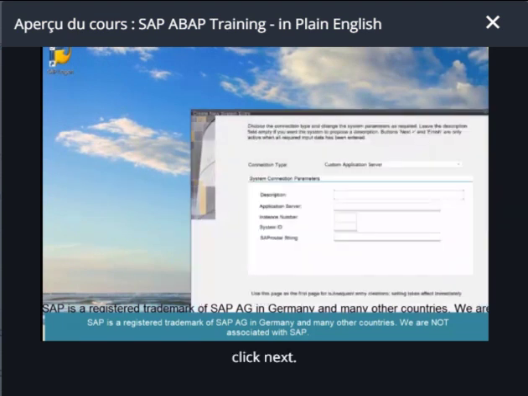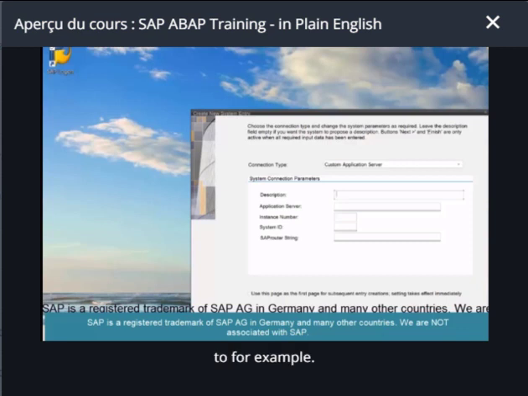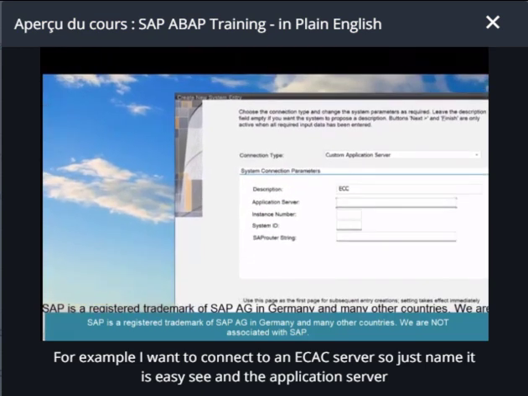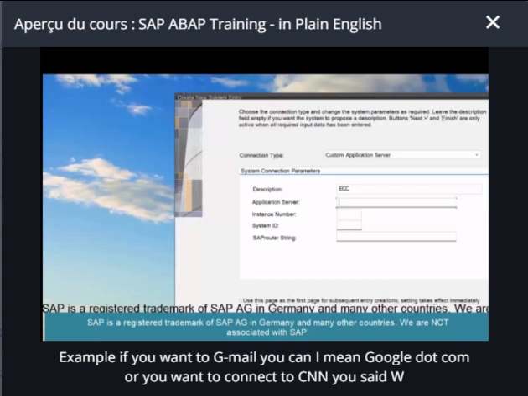Click Next. This is the screen where you specify the address of the service or the server that you want to connect to. For example, I want to connect to an ECC server. So just name it as ECC, and the application server is the exact location that you want to connect to. For example, if you want to connect to Gmail, you connect to mail.google.com, or if you want to connect to CNN,